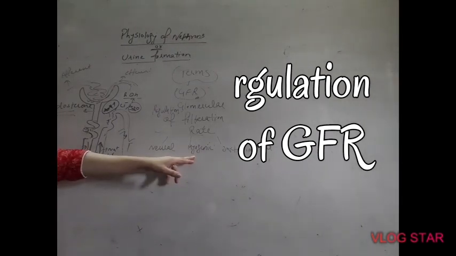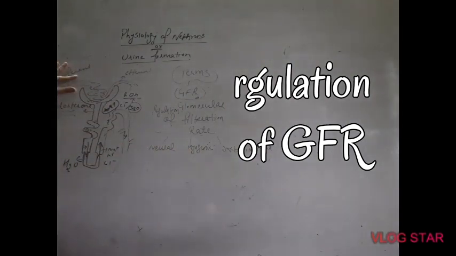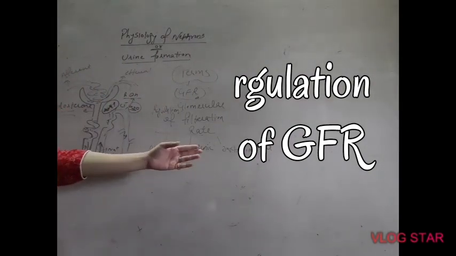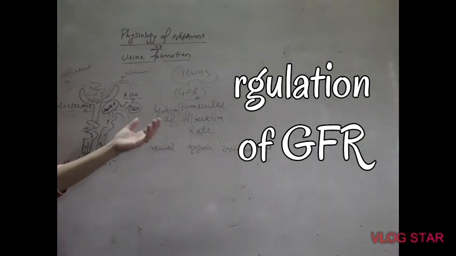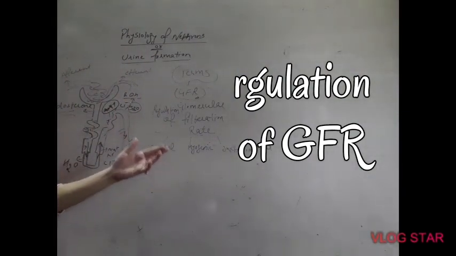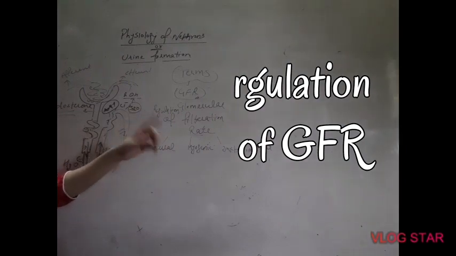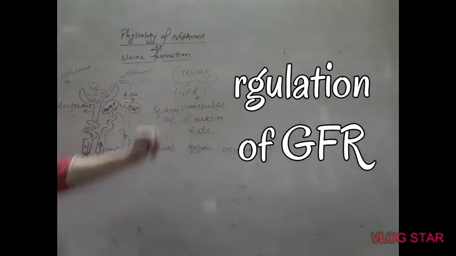Next is the myogenic mechanism. In the myogenic mechanism, when the pressure of the blood is increased, the lumen of the afferent arteriole becomes narrow, and this further increases pressure in the glomerulus, and this further increases glomerular filtration rate. And juxtaglomerular, as we have studied earlier, there are juxtaglomerular cells which produce renin, and renin increases the blood pressure and also stimulates the adrenal gland to release aldosterone, and then aldosterone further increases the water and sodium ion reabsorption, and thus they regulate the rate of glomerular filtration.